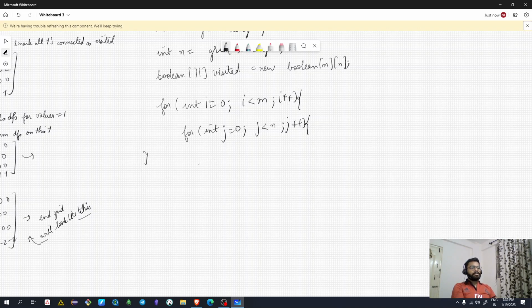What we will do is, if visited i comma j is true, or grid i comma j is equal to 0,